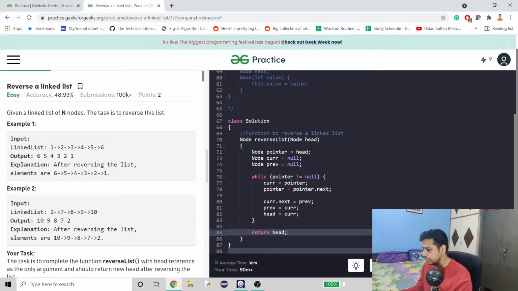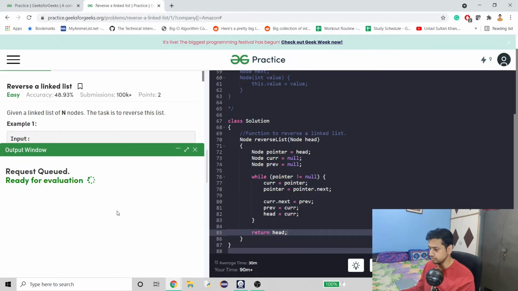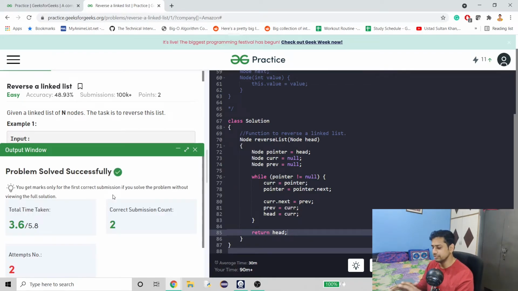Now let's try to compile this. So it seems to be working fine. You can see that the order is reversed. If we try to submit, it should work fine. So GeeksforGeeks, I think they have to make a few changes here, because compilation and submission are really slow compared to HackerRank or HackerEarth. So as you can see, it is completed in the efficient time taken.